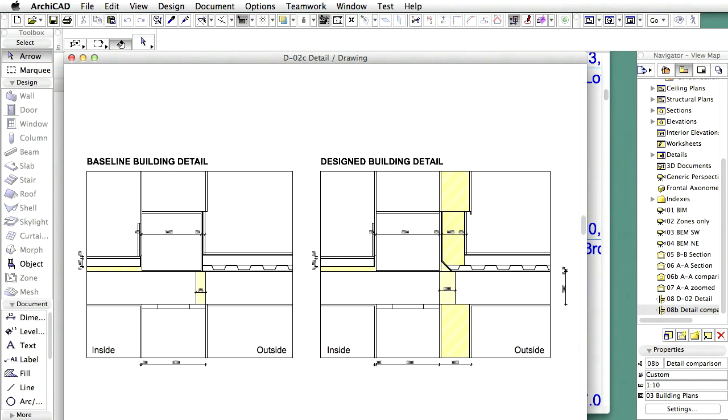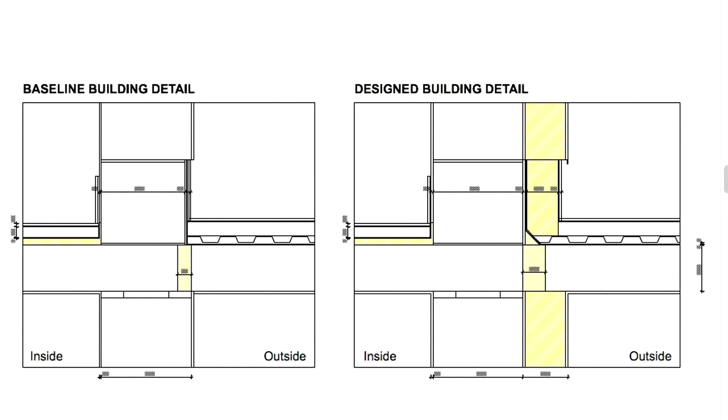In this movie clip, let's compare the simple baseline detail version with the advanced version. Here are the two architectural detail drawings side by side. The baseline version is on the left. It has no external insulation and only a thin thermal break at the balcony. The advanced detail solution on the right has a thicker thermal break and a thermal insulation skin is added on